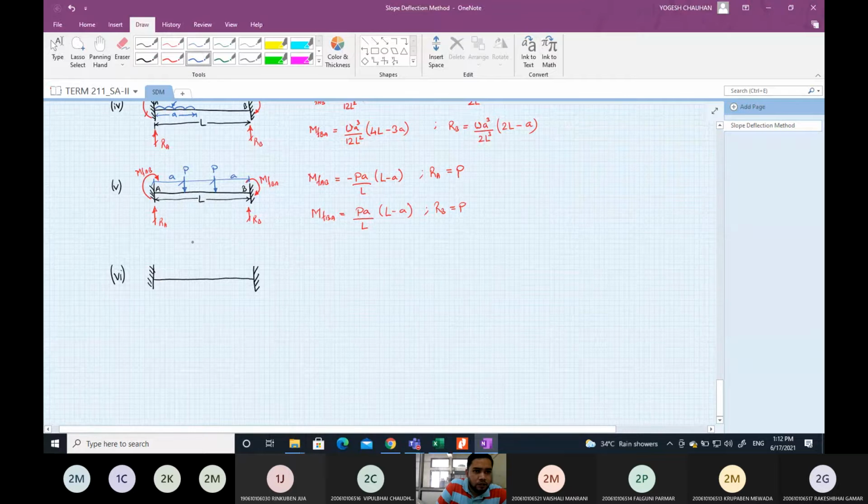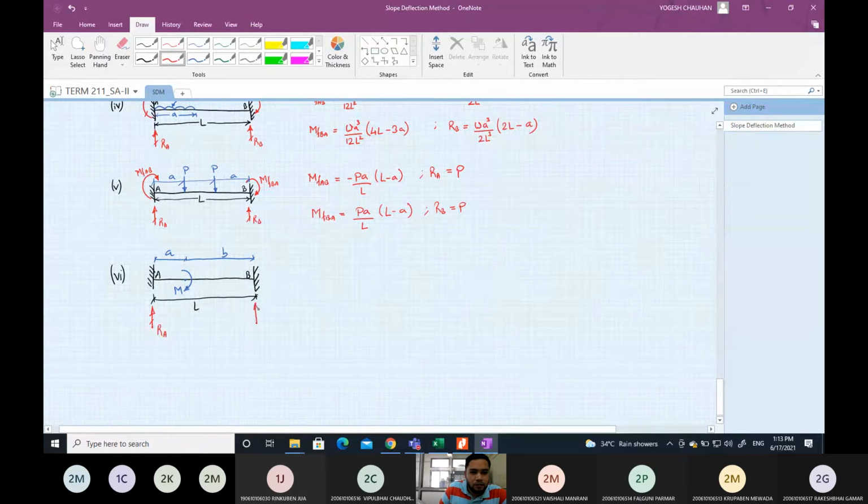Now suppose it is subjected to some point moment which is at a distance A from the left support and B from the right support, where this is A, this is B, and the total span length is L, and the value of this moment is M. So for this case, let RA be the reaction at A, RB the reaction at B,